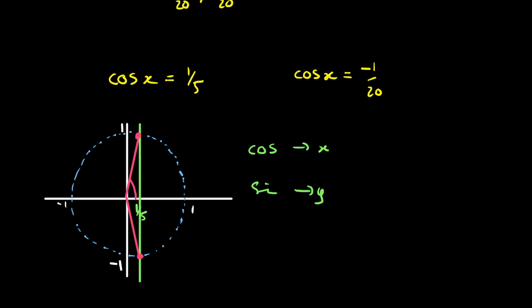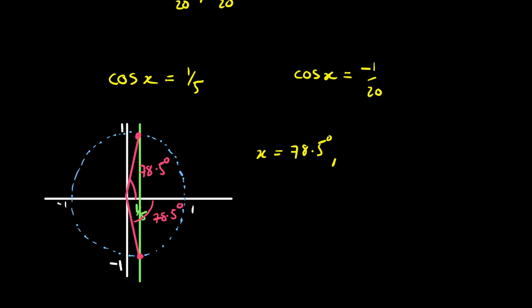I can do cos inverse of a fifth, and that's going to give me 78.5 degrees. And by symmetry, that means that this angle here is also 78.5. So I've got my first solution,